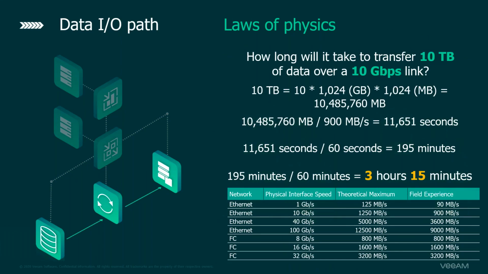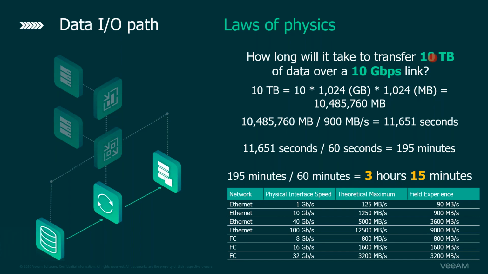When we're looking at transferring 10 terabytes of data over a 10 gigabit link, what can we actually do? Well, we can take 10 terabytes, multiply that down to megabytes, and divide that by the throughput you're going to see. We're never going to see the theoretical maximum of 10 gigabits. Field experience tells us we're actually going to be about 900 megabytes per second. So that's going to take 11,000 to almost 12,000 seconds, which calculates to be 3 hours and 15 minutes